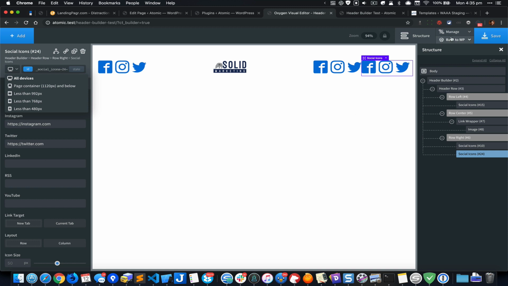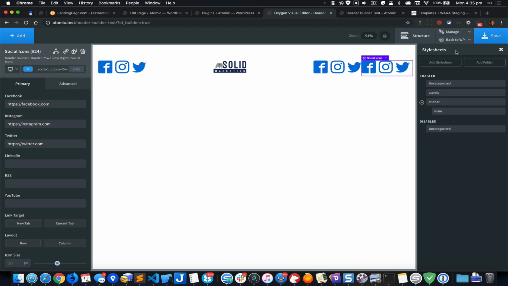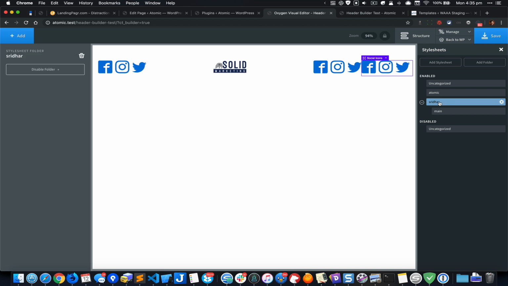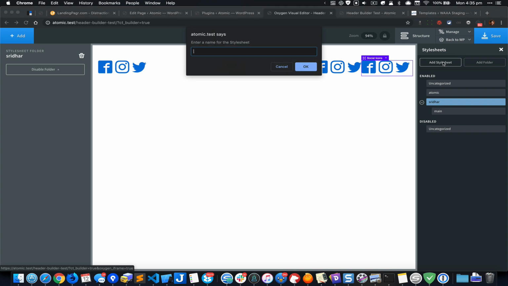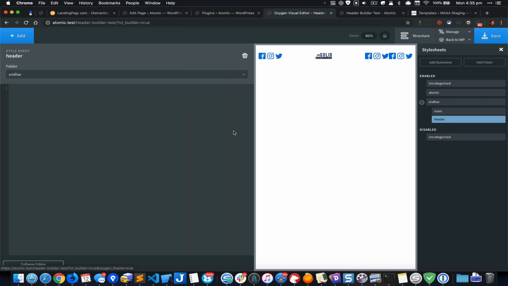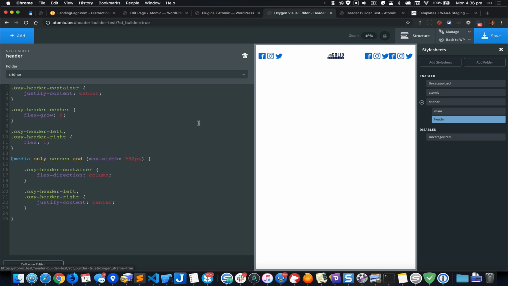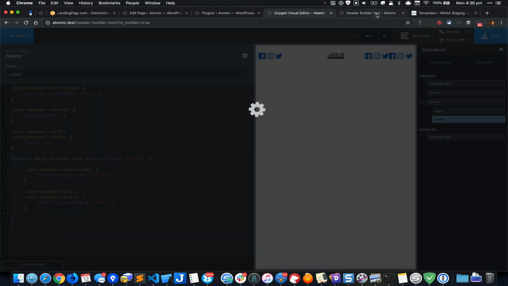Oh, before I let you go, I forgot to show you how to put this in CSS. We need to go to manage style sheets, and you can click on this button to add a new style sheet, or click on this to add a new folder, and inside that folder you create your new style sheet and paste the CSS. In my case, I already have a folder called Sridhar, and I'm going to click on add style sheet and name this header appropriately and paste my CSS, save it, come back,